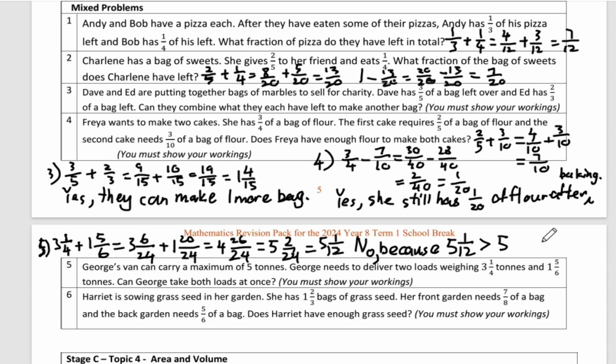So we will need to add both of them together first. 7 over 8 plus 5 over 6, which will equal 82 over 48, which is